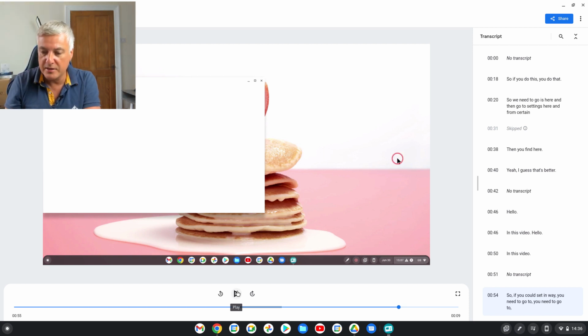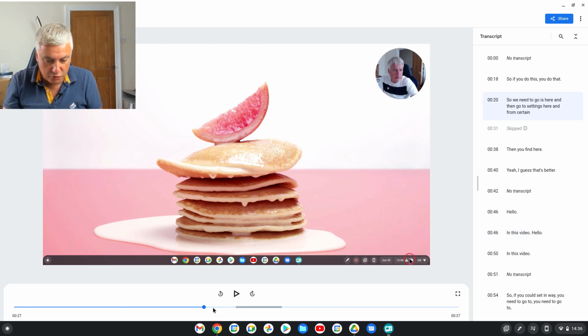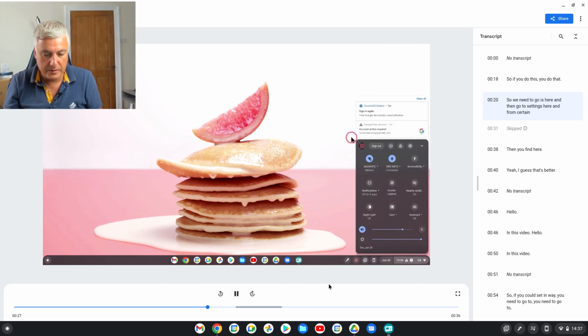So here you can see that it's been skipped, and I've skipped it because there was no transcript in that area. And down here, you can see a grey section. So if we go back a little bit like this, you will see from there, it will jump to here. So it misses this section here. So if we press play. Settings. So it completely skips that section,